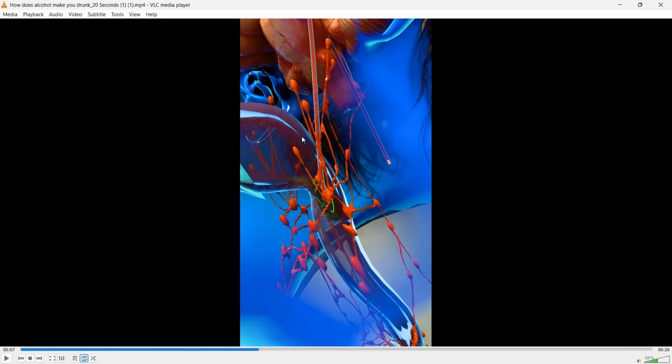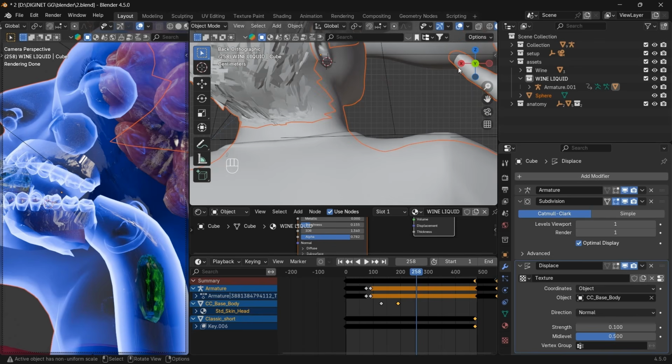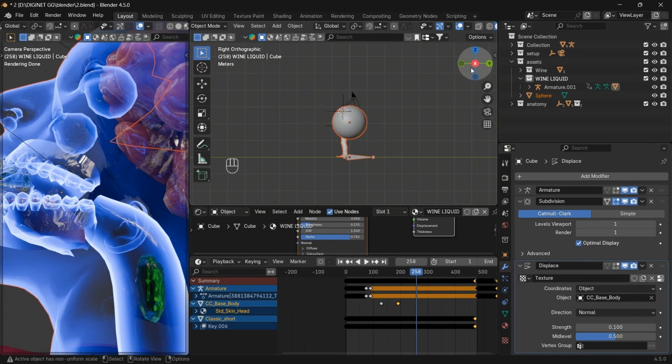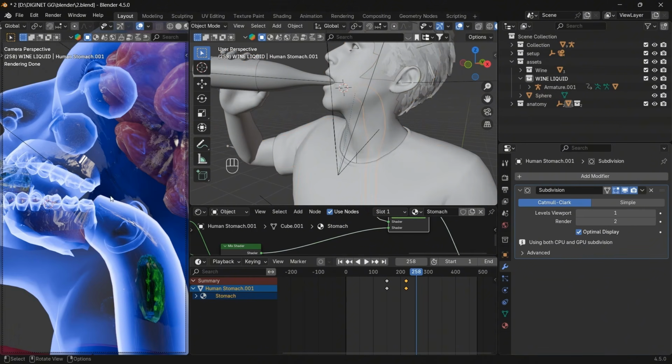Okay, one more thing. As you can see in the esophagus, what we have done, we have completely made it transparent. But as you can see, there is some red part or the tissue part which is still there. But in our case, there is no skin tissue or no reddish area. So for that, what we can do, let me select this esophagus once. Okay, this is our esophagus, and